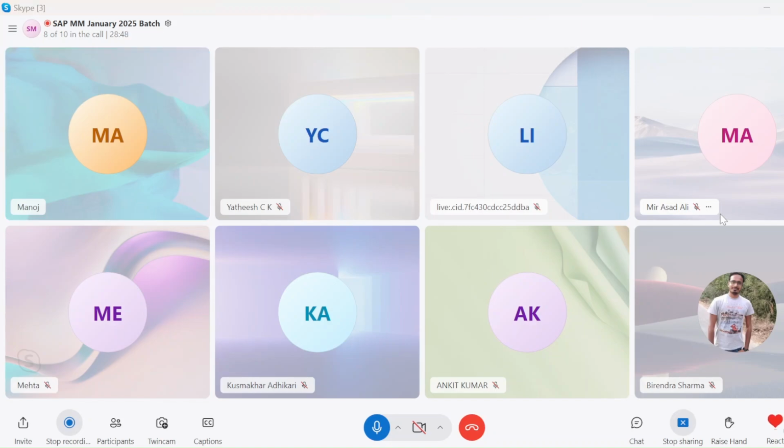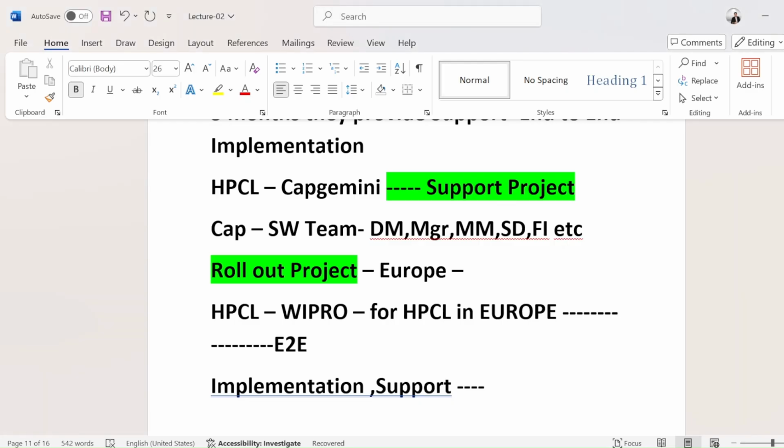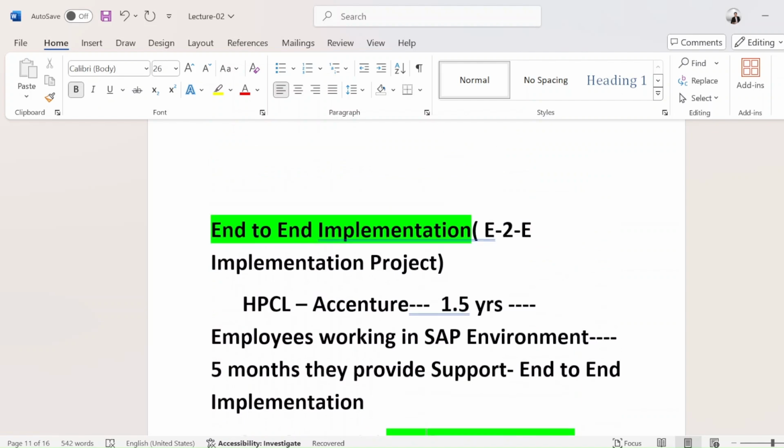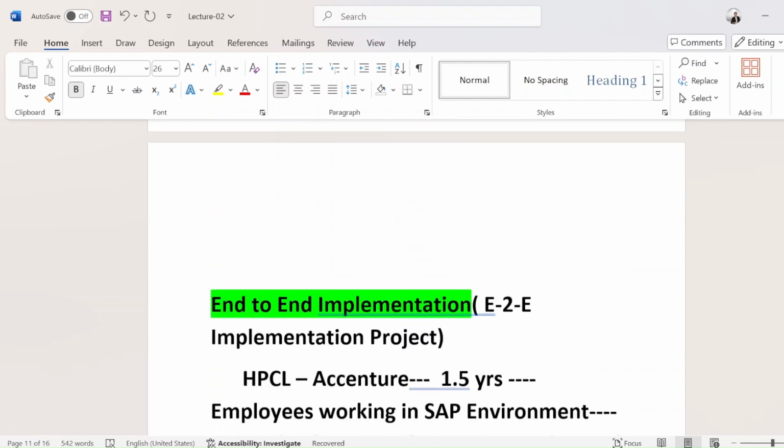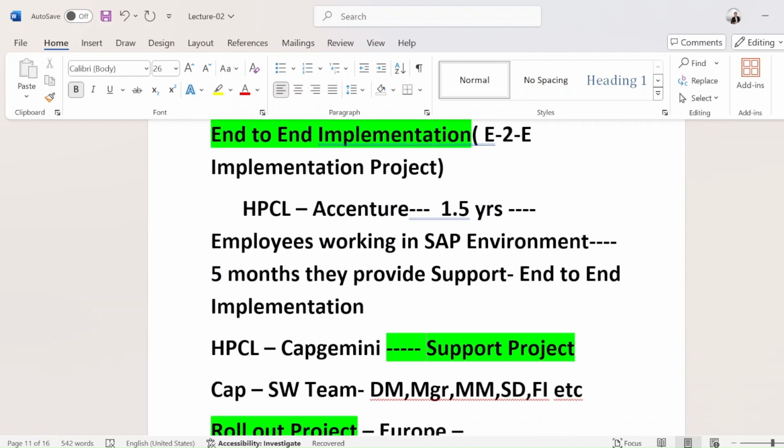Let me tell you with a practical example. Let's suppose I take that example of Mehta Private Limited. They have a plant in India, and they also have a plant in Europe, let's suppose in Germany. The same business, automobile manufacturing, they are doing in India and also in Europe.